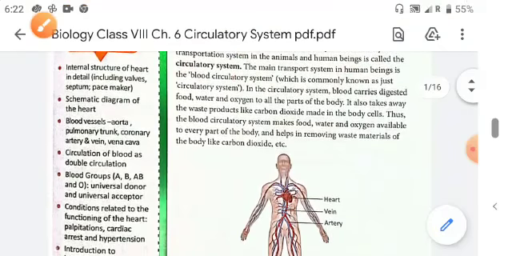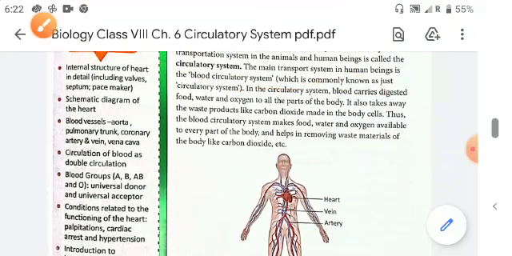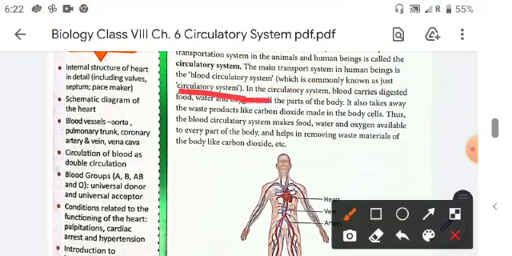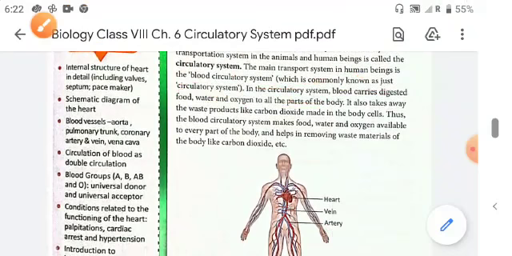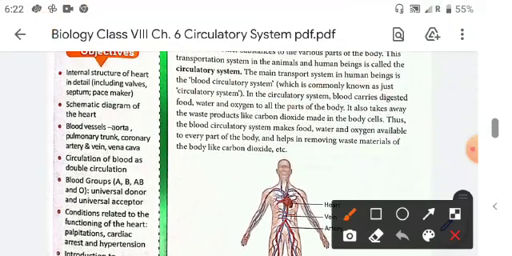The main transport system in human beings is the blood circulatory system, which is commonly known as the circulatory system. In the circulatory system, blood carries digested food, water and oxygen to all parts of the body, and it also